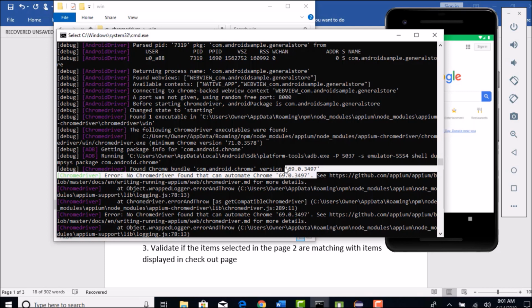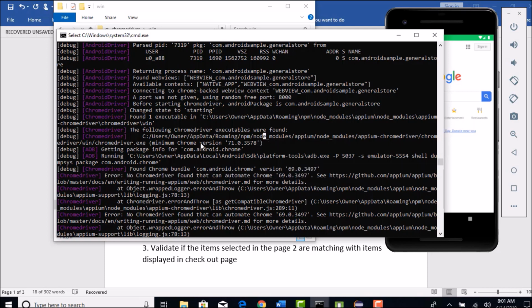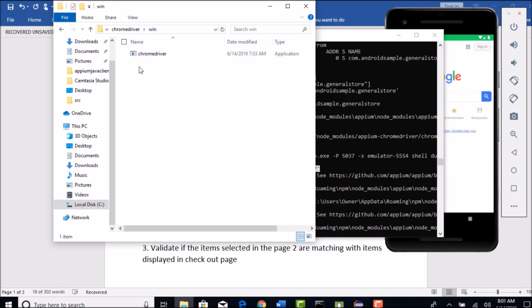That is the headache. Now we should go to their website and get a Chromedriver which supports 69, on which we are going to automate. We need to download that specific Chromedriver and replace it in this directory.